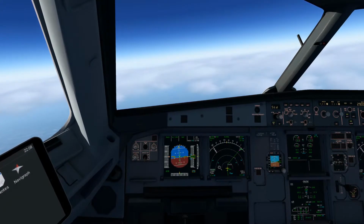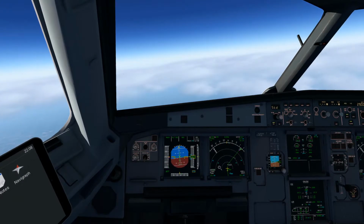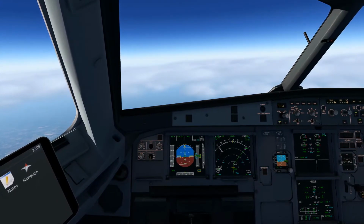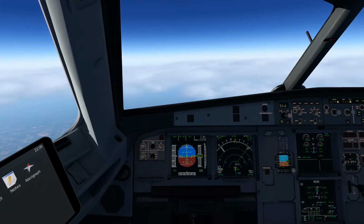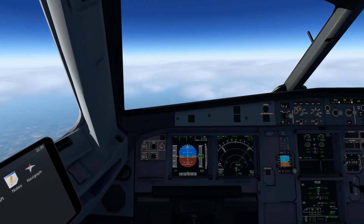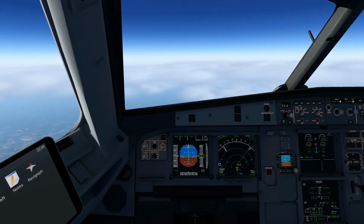And of course there will be also the airliner series, which we will be taking a look at the airliners. There will be the GA series, Explore the Americas, lots and lots of exciting things to come. I am also going to be showcasing the Honda Jet. If you guys recall, I've streamed the Honda Jet for MSFS, and luckily enough,